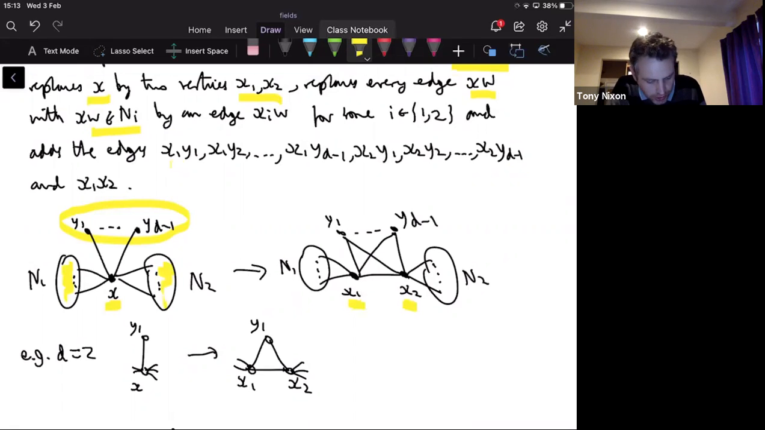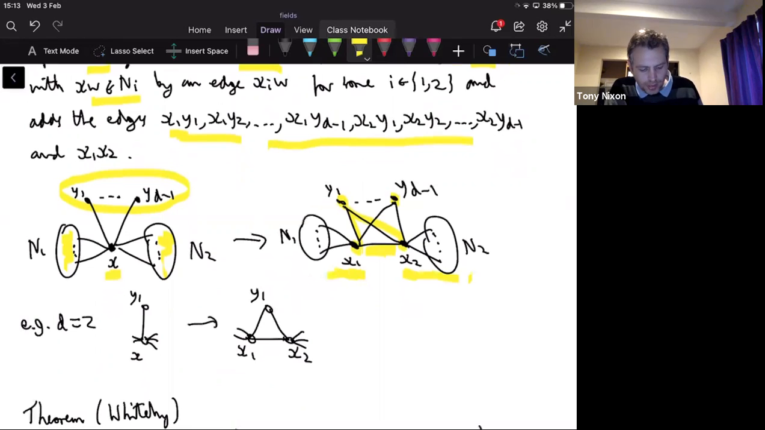Oh, and I forgot to say this bit at the end. So the key thing is that X1, X2 are adjacent, and both X1 and X2 are adjacent to each of the Ys. So X1, X2, and Y1 is a triangle, X1, X2, and Y2 is a triangle, X1, X2, and Yd-1 is a triangle. So that's what I was saying here. And then N1 becomes adjacent to X1 and N2 becomes adjacent to X2. So I think that is a bit of a mouthful, and probably I didn't explain it in an optimal way,